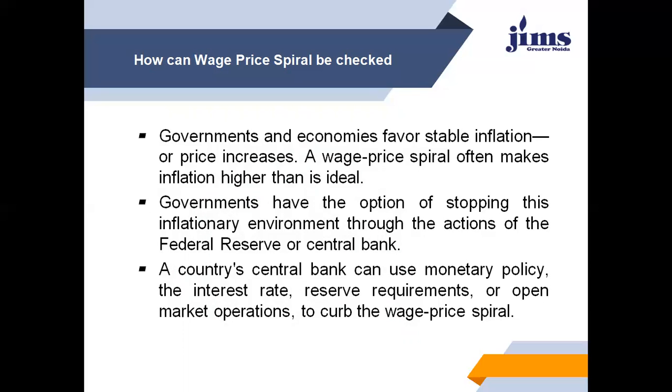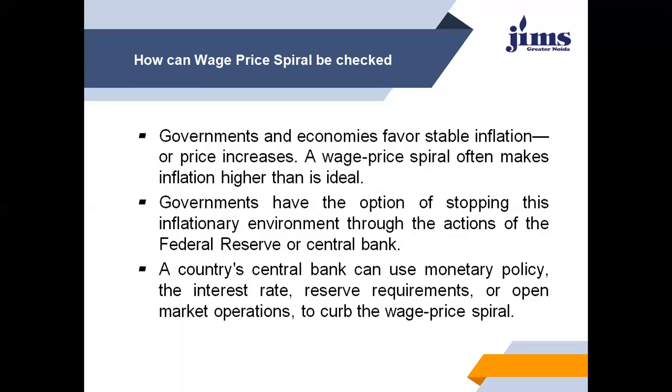First is crawling inflation, wherein the rate of inflation is somewhere around 0 to 3%. Next level is walking inflation, which is around 3% to 6 or 7%, which is considered to be a healthy rate of inflation. Then comes running inflation, which is between 7 to 15 or 20%. And the extreme level is hyperinflation, wherein the prices of commodities increase by more than 20%, and it can go to like 50, 100 or whatnot.